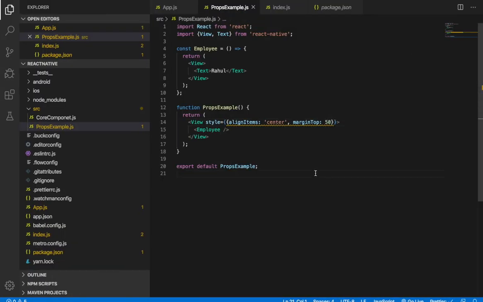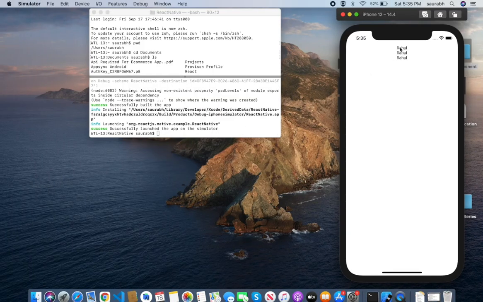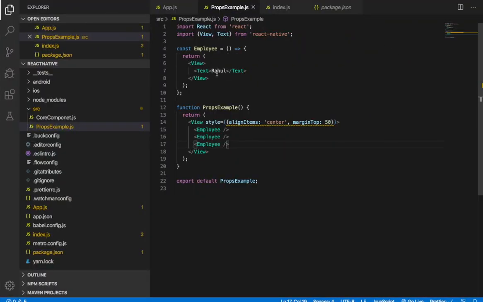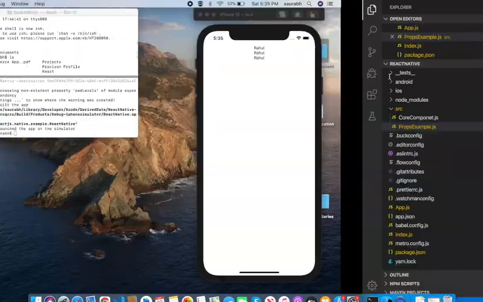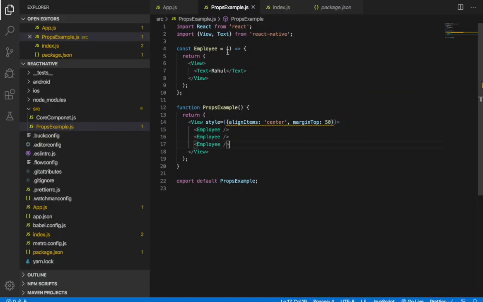What if you need to create some more employee components here? You can see that this is static at the moment. We put Rahul static here, and whenever we try to use it, we end up with the name Rahul. But with the help of props, we can rename it and make it dynamic.